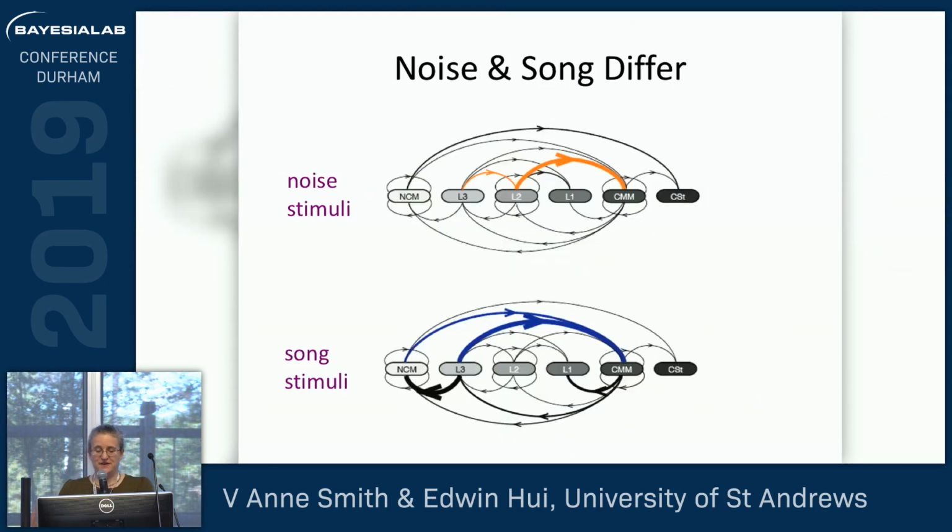And then we can do things like look at the difference in the neural information flow when they were being played that noise stimuli to a more biologically relevant song stimuli. And here with the noise, you can see this is actually a region where the sound comes in from the nuclei from the ear, and it mostly kind of went from there to this area where it goes out to the rest of the brain. Whereas the song stimuli spent more time. It came from these more higher processing regions out to the rest of the brain. So those were differences in the information flow.